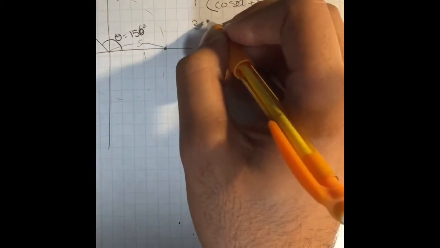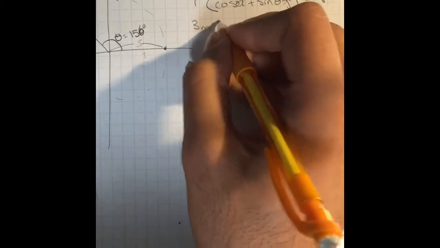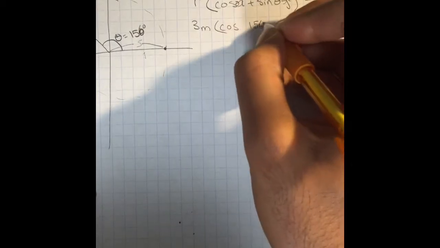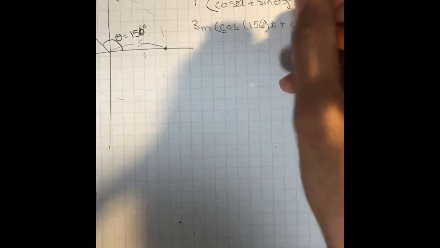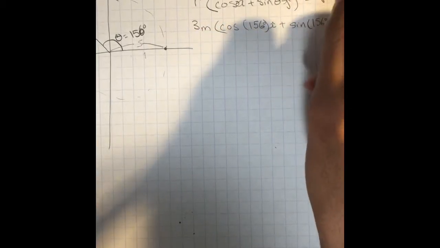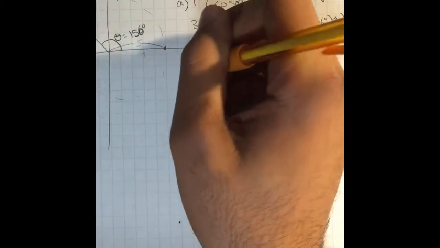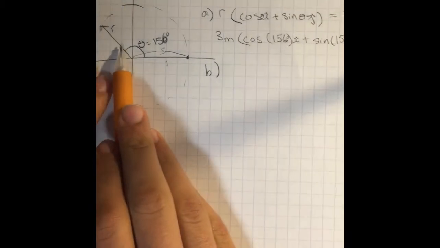So our radius is 3 meters, equals r, the position vector, and then the cosine of 156 degrees in the i direction, and the sine of 156 degrees in the j hat direction is the position vector. So that's A. Now for B, it asks which quadrant it's located in, and that would be the second quadrant because